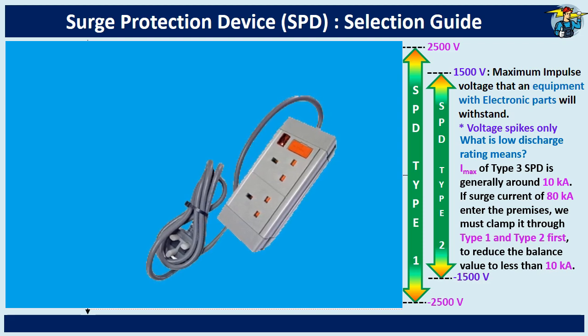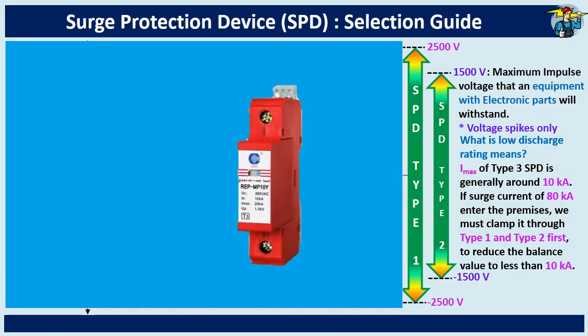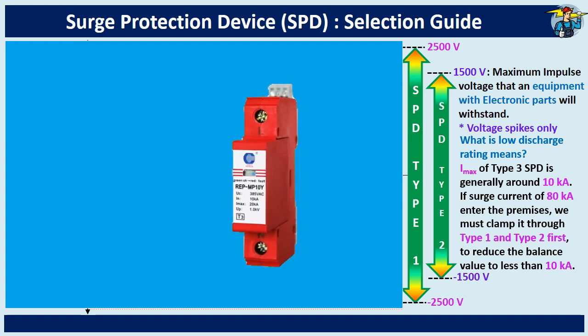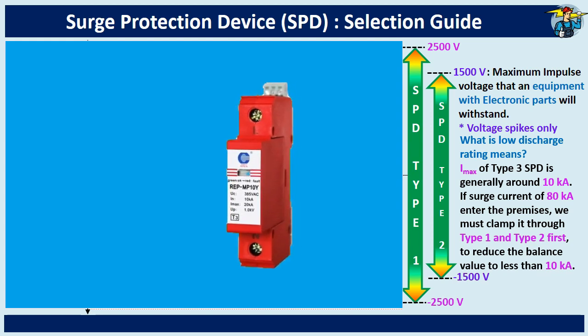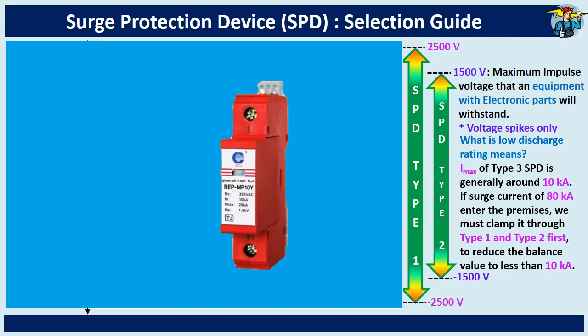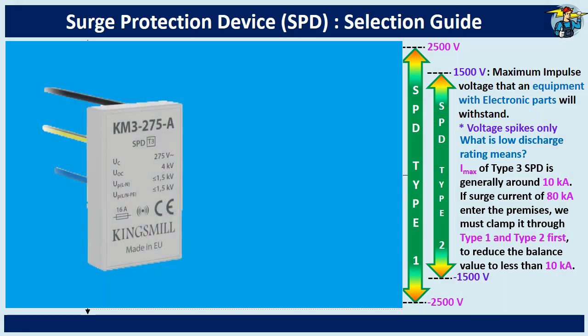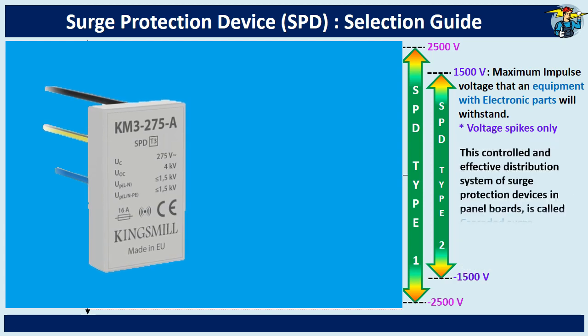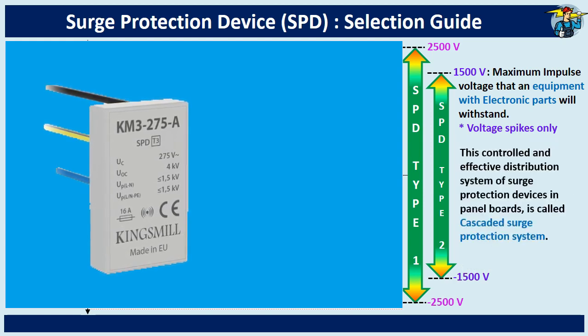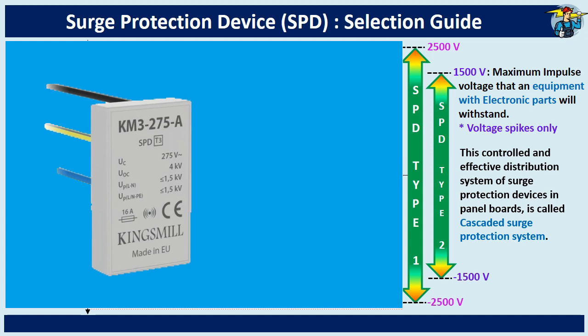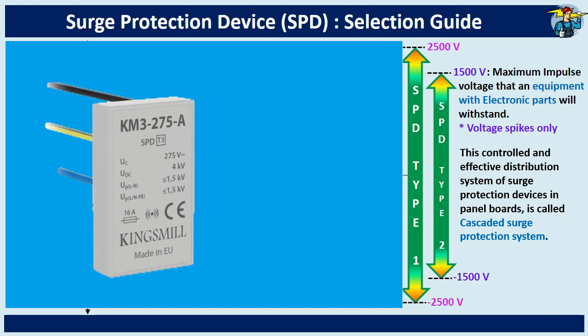If a large 80 kA surge enters the building, it must be clamped through the type 1 and type 2 SPDs first to reduce the remaining current to less than 10 kA, so that the type 3 SPD can successfully handle it. This controlled and effective distribution system of surge protection devices on panel boards is called a